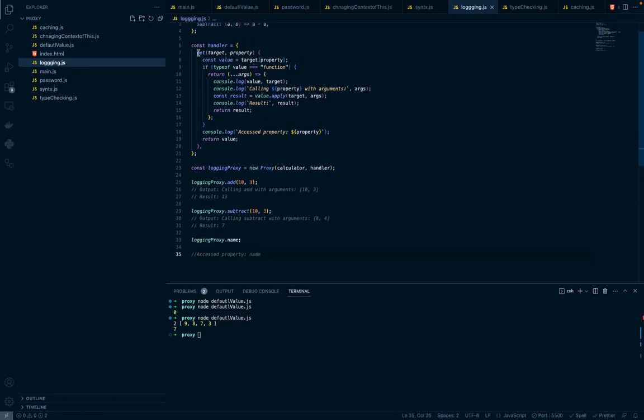So you can easily use your get trap to trap the access, then console log. So if we look at this now, we can see that we are calling property. If we run this code,